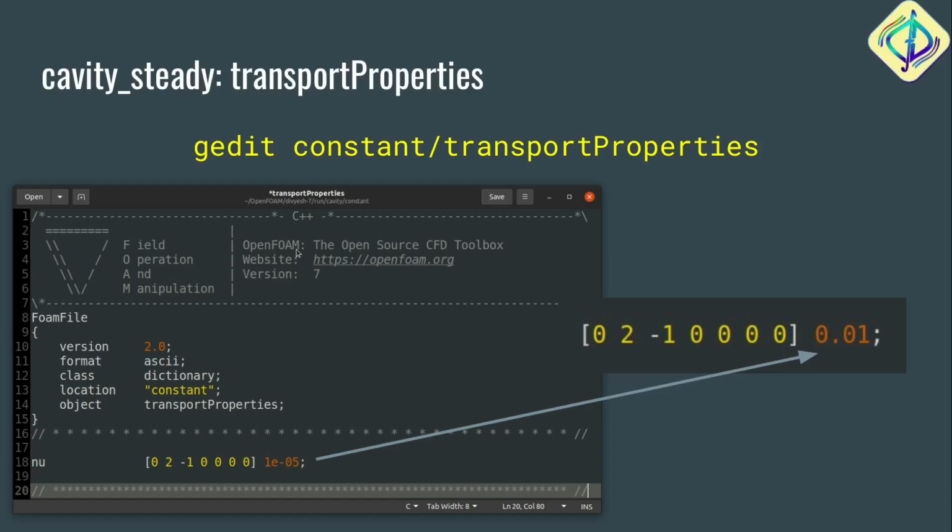Now we have already specified the geometry and boundary conditions. The second thing is correcting the transport properties. Here the viscosity in this file for the Pitts-Daly case is different, so we need to change it to 0.01 to make it a cavity case.